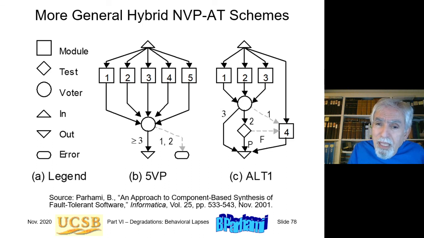Okay? If none of these happens, in other words, there isn't 3-way agreement or 2-way agreement with the passing of acceptance tests, in other words, there's failure here, then we execute the 4th version